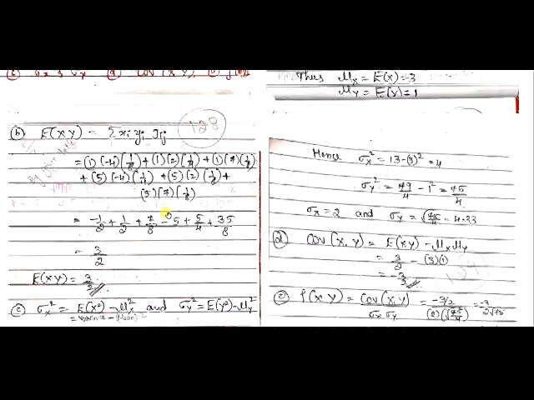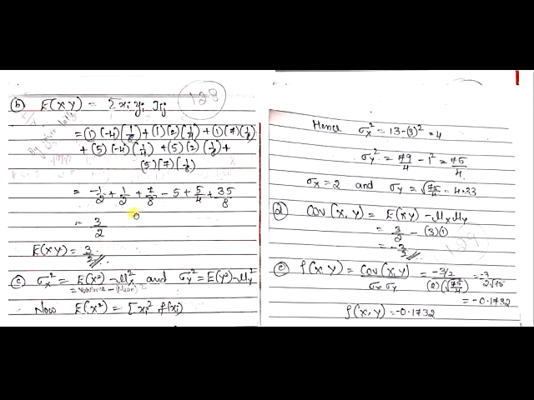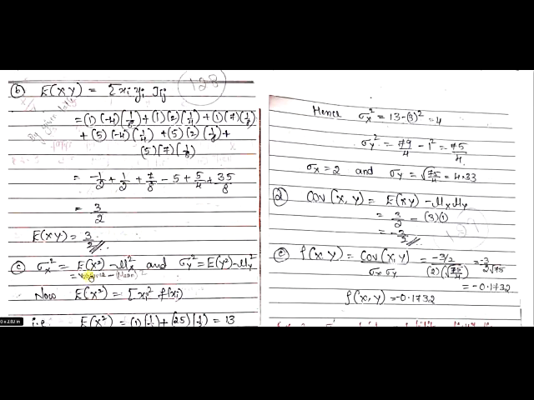Now we'll go for the third sub question, that is standard deviation x and standard deviation y. To find the standard deviation x, we don't have a direct formula. We have the formula for standard deviation x square. After finding standard deviation x square, if we take the root of this, it is nothing but standard deviation x. So we find standard deviation x square first, and later take the root of that. Now let us find standard deviation x square.